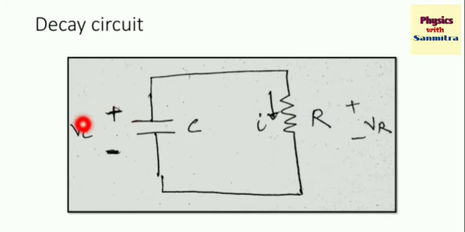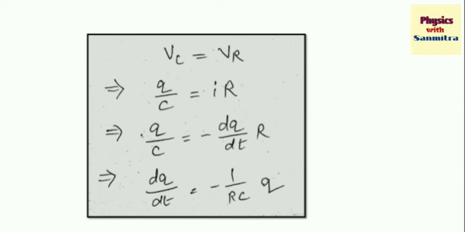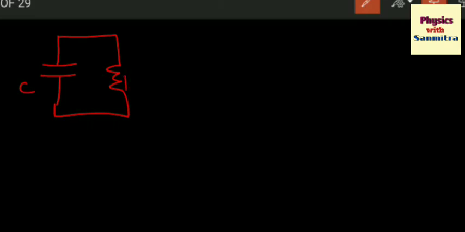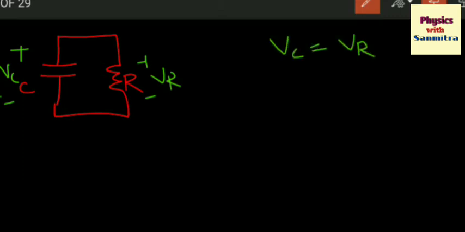See, voltage across the capacitor is Vc, voltage across the resistor is Vr, and the current in the circuit is I. Now let me do some maths here. Here we have the capacitor, that is C, it is R. Now we are assuming the voltage across the capacitor, that is Vc, and voltage across the resistor, that is Vr. Now according to KVL we can write Vc is equal to Vr. Very simple, KVL. Both are in parallel, and let's say current I is flowing.